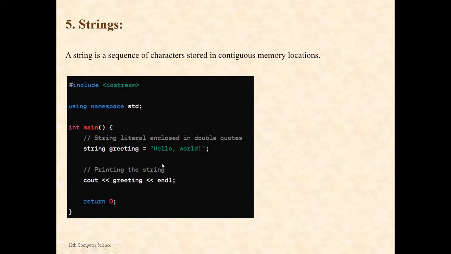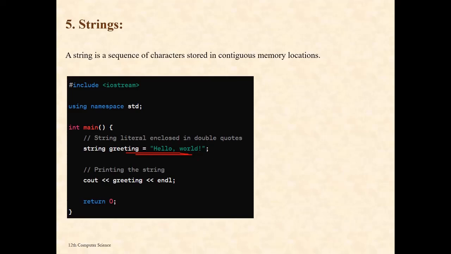Now you note here that for each character, for every symbol on this keyboard, there is an ASCII value available. And when we store the string in memory, then actually the ASCII of that is stored. This is stored: hello, comma, space, world, exclamation mark.